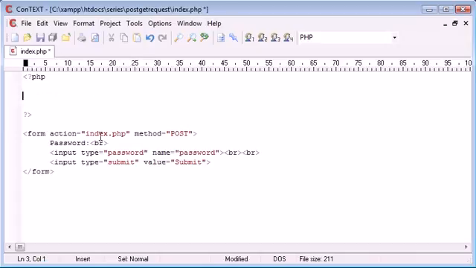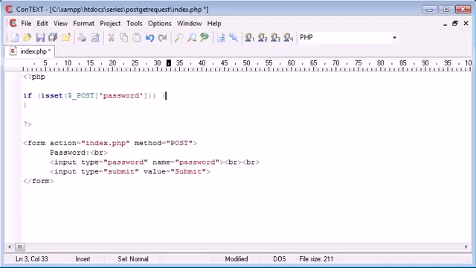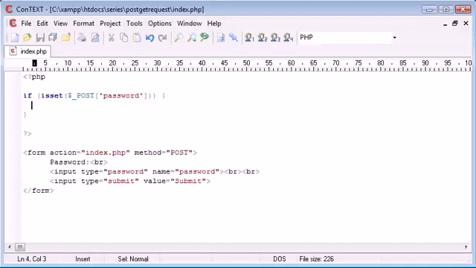We can again check that the form has been submitted. So we say if isset, and we say $_POST this time, password. We execute in this block here. So if we've submitted and the password has been sent, or the form field data has been sent, we now need to grab that. So I'm going to say $password equals $_POST